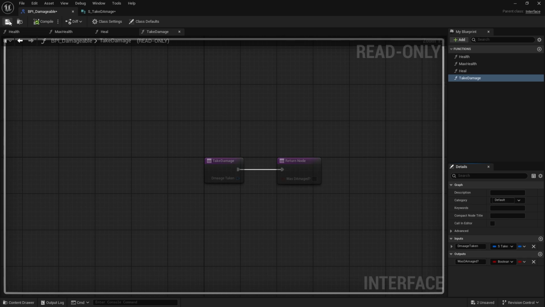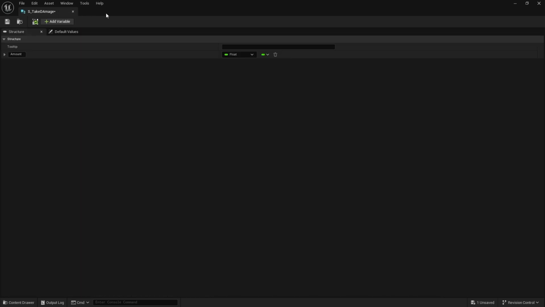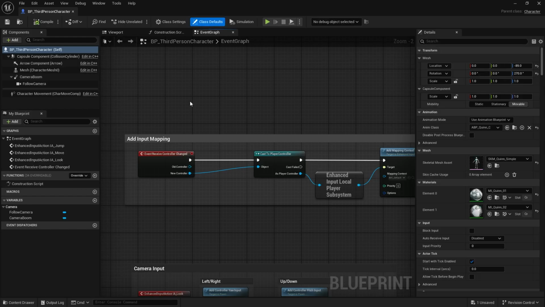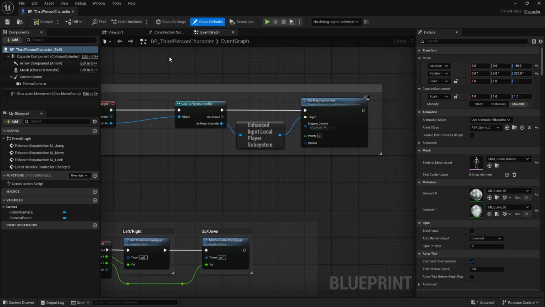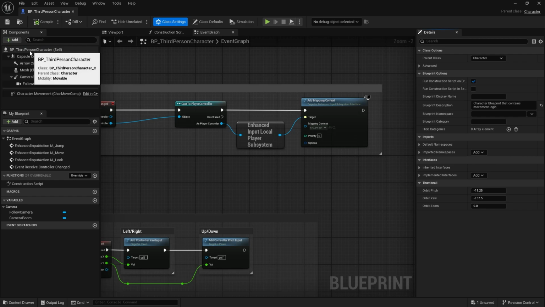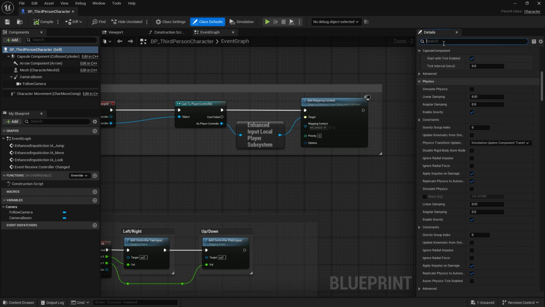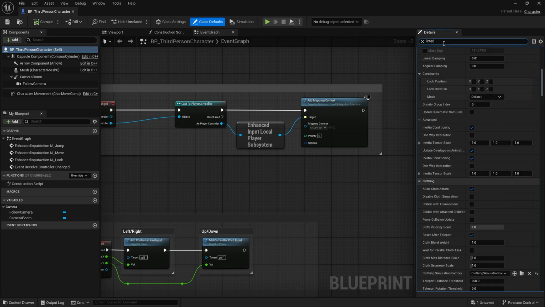Okay, so you compile and save that. Make sure you compile it and go to your third person character, which will be in content, third person, blueprints, and then third person character. So we'll want to go to the class settings and make sure you click on BP third person character self, and then we can add, or if we just go type in interface,